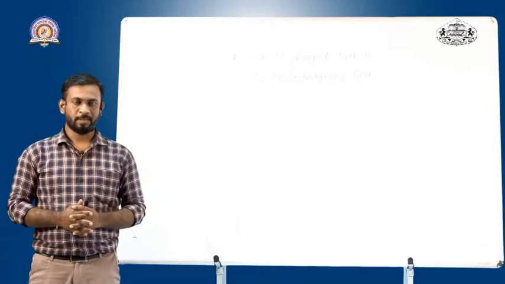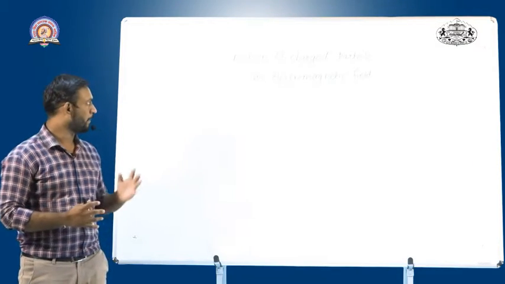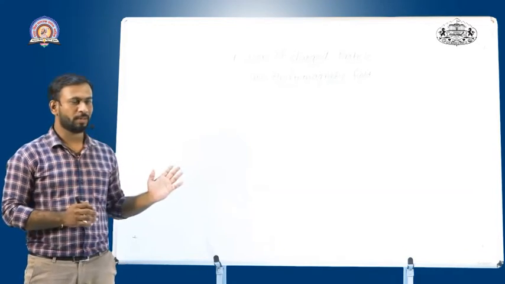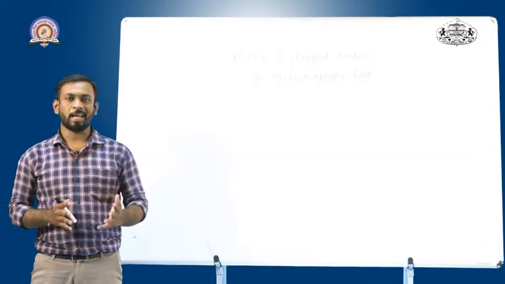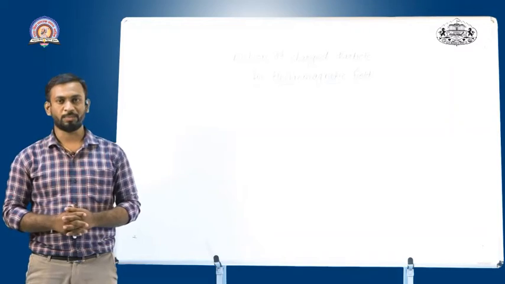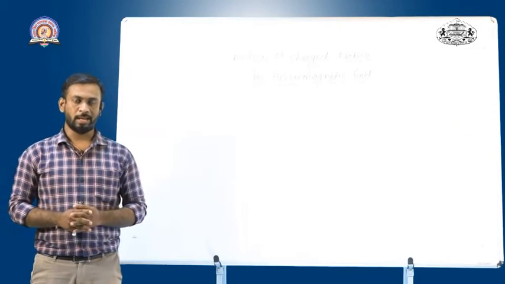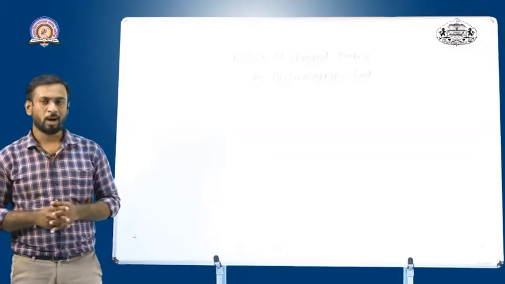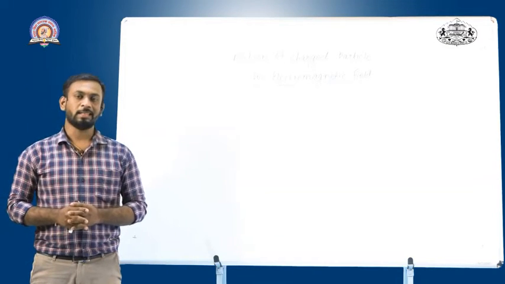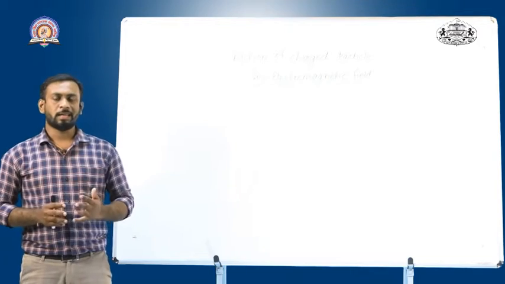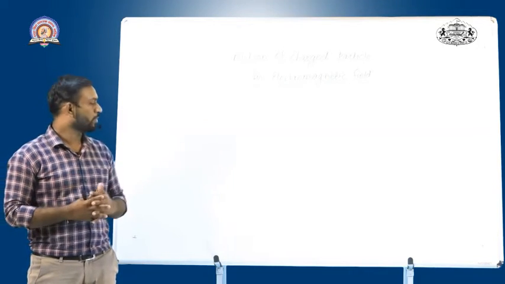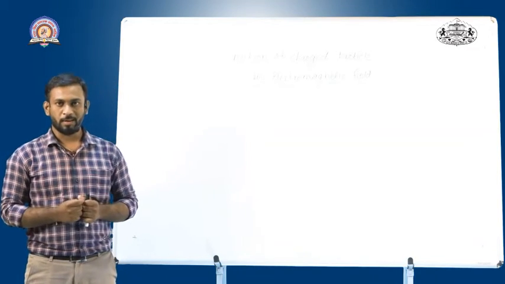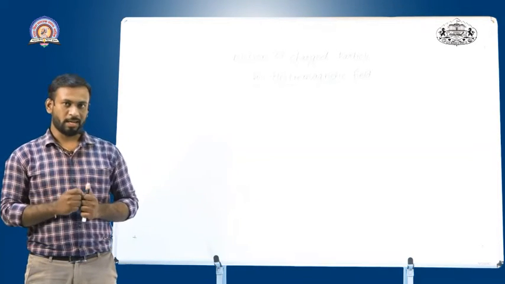So today's topic is the motion of a charged particle in an electromagnetic field. This is the topic where we discuss some basic kinematics and some basic laws of physics in the part of electrodynamics, classical electrodynamics. Before going into the details of how these charged particles behave in the electromagnetic field, I would like to go through a quick recap of the electromagnetic field. So how does a charged particle behave in an electric field as well as a magnetic field.